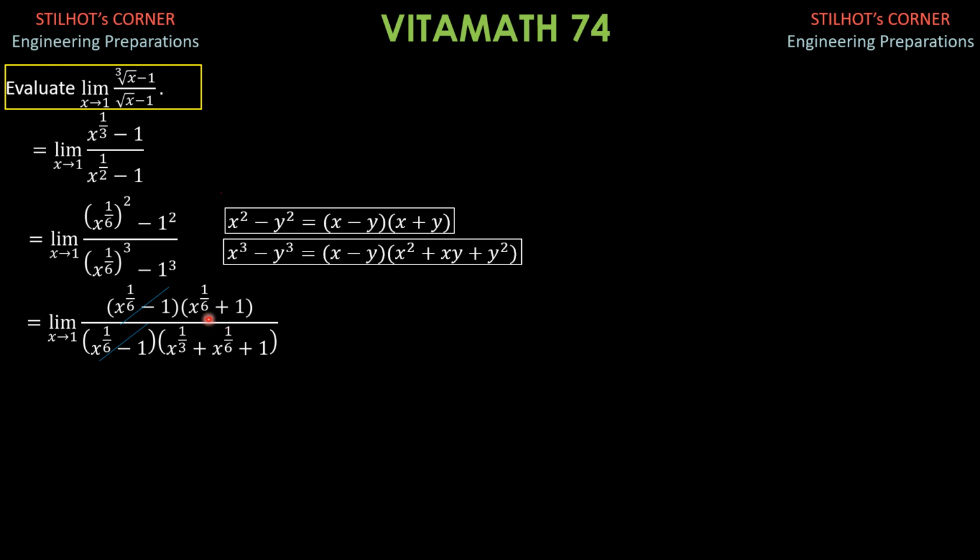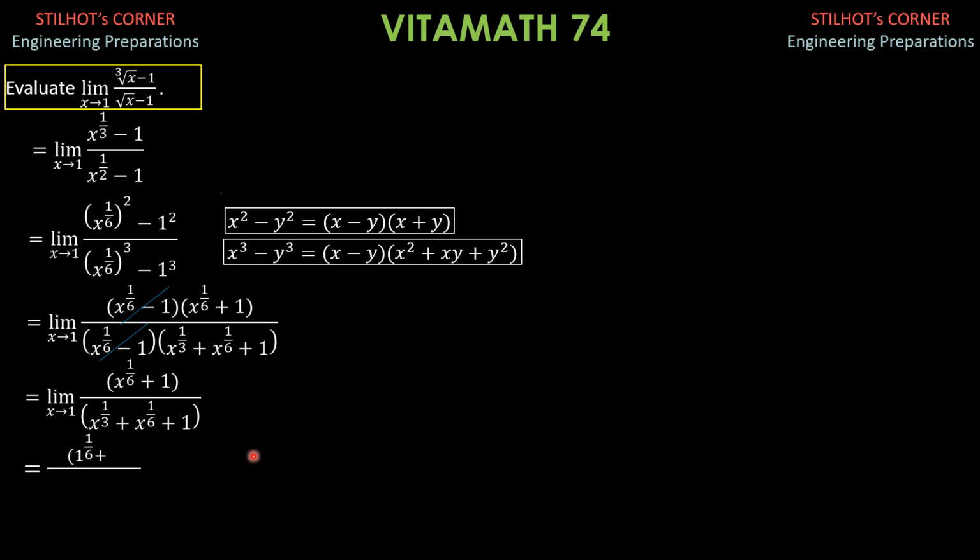So this time we are free to substitute x is 1. So that would be limit as x approaches 1 of x to the 1/6 plus 1 all over quantity x to the 1/3 plus x to the 1/6 plus 1. So this is now free of 0. We substitute x is 1,